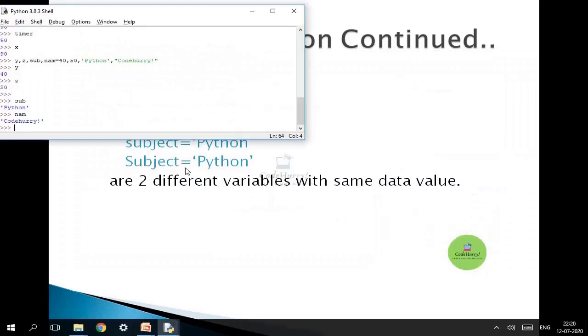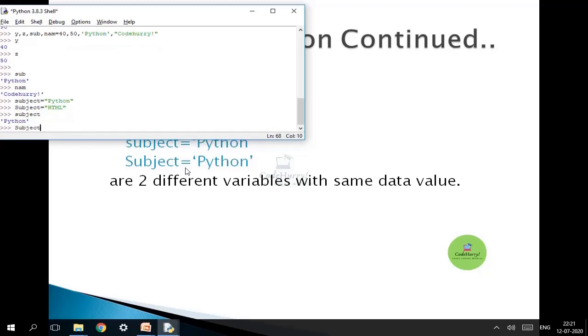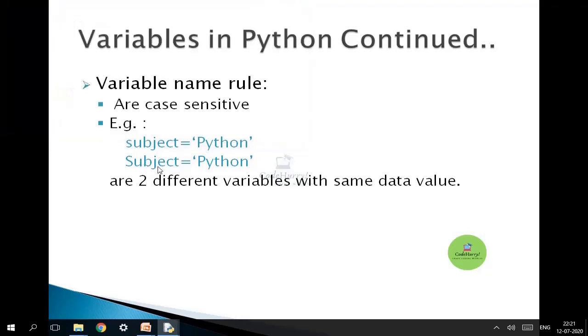For example, we have subject equal to, say, Python, and now capital Subject is equal to, say, HTML. Now I'm going to display both the values.